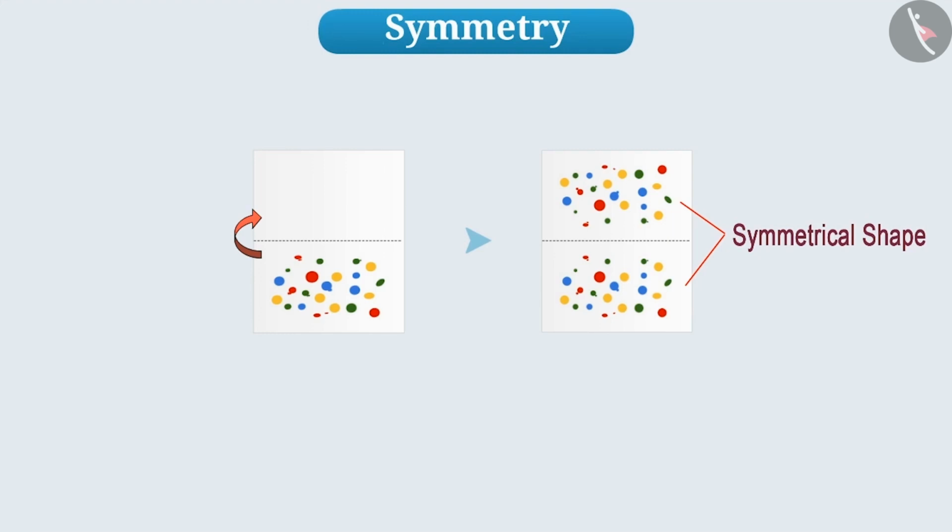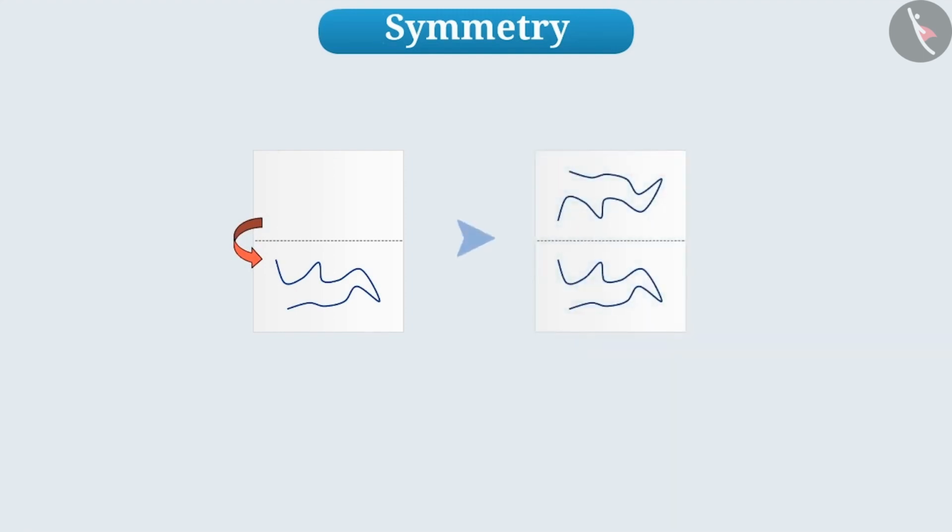Let's do another fun activity. Here also, we take a rectangular paper and fold it into two equal parts. Now on one part, we will place a thread dipped in ink. Then we will put the second part on the top and press it. Then we will open the paper and remove the thread. If you now see the ink marks made in both the parts, then you will know that the figure made in first part is symmetrical to the figure made in the second part. By doing these fun activities yourself, you can understand symmetry better.